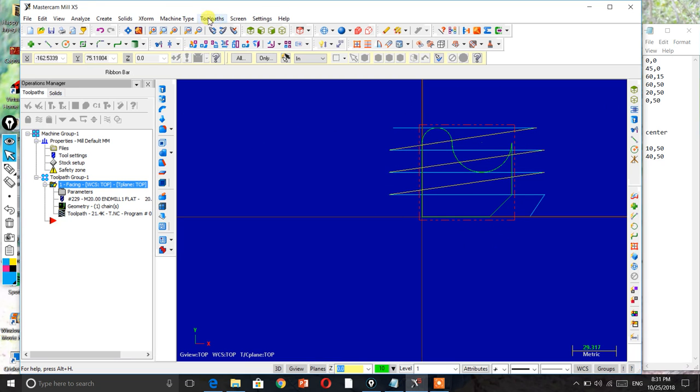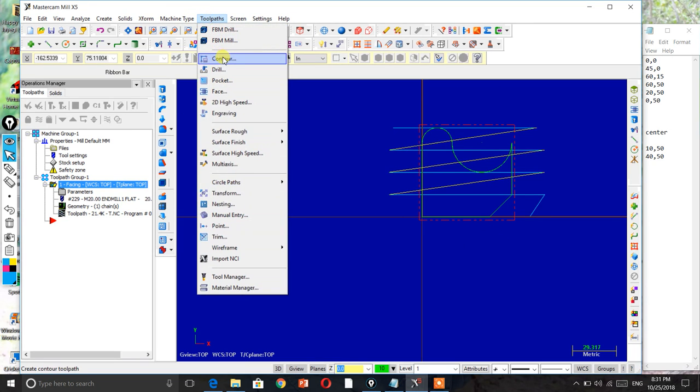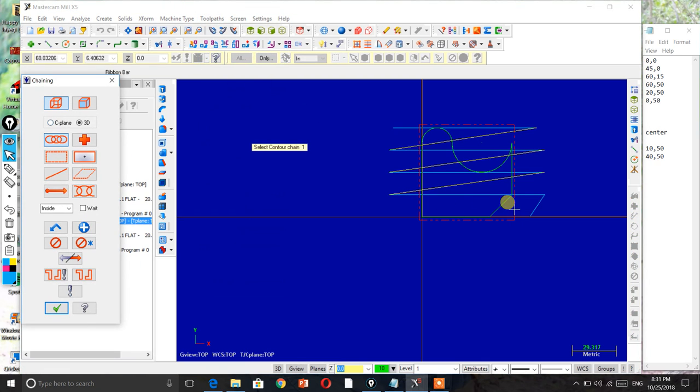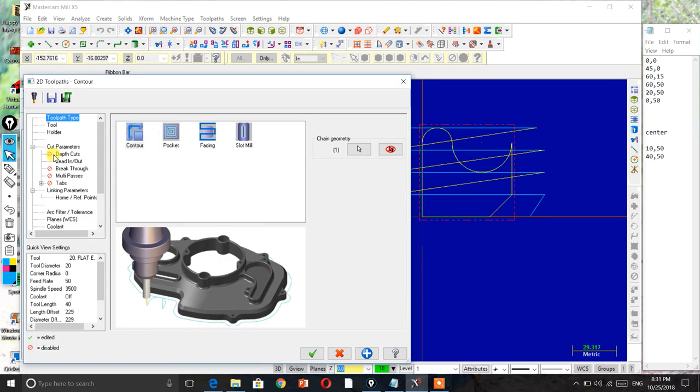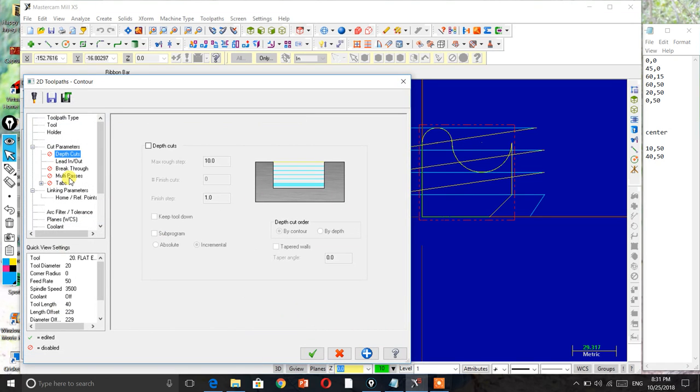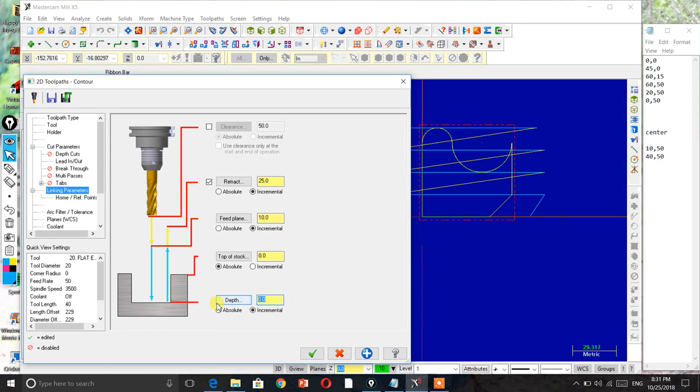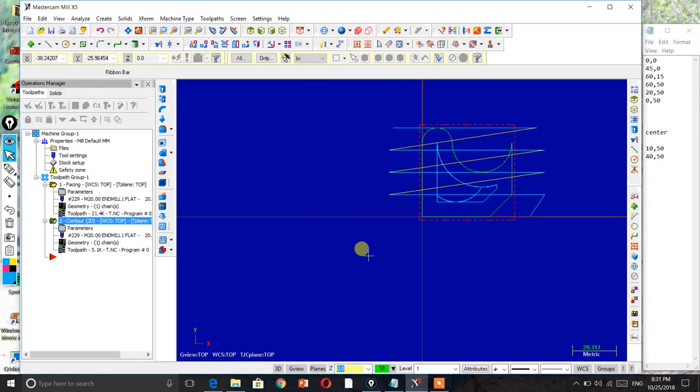So to remove this part, let's say selecting part contour. In contour I am selecting this chain value, okay. So contour, depth of cut, sorry, the linking parameter will be -7. So I want to remove this up to -7, and let's say okay. So if you see this particular